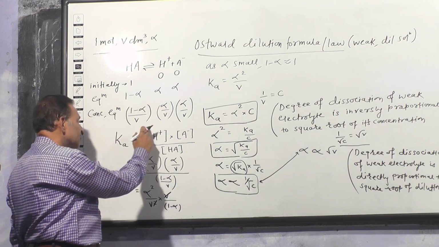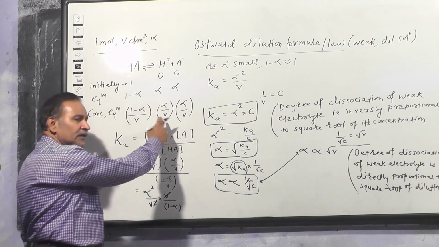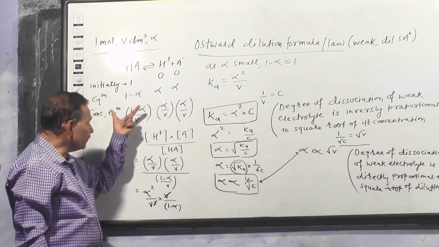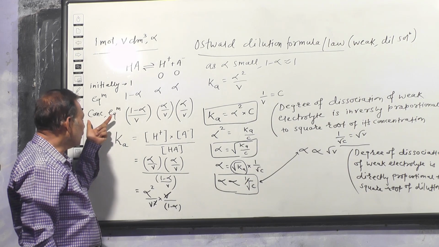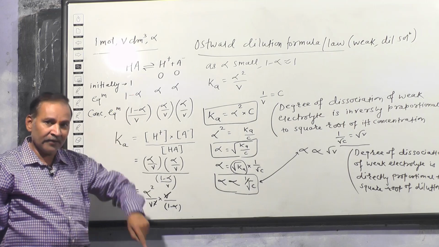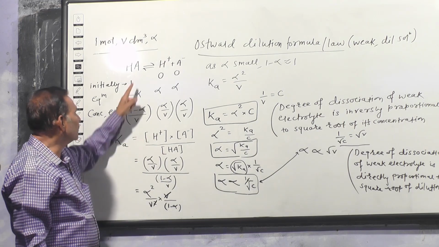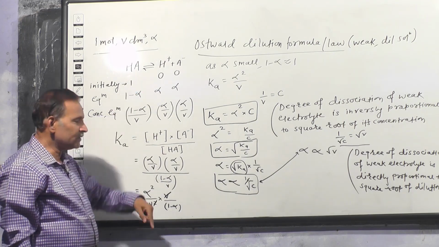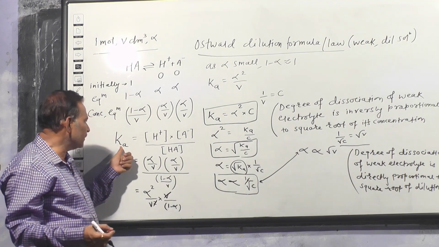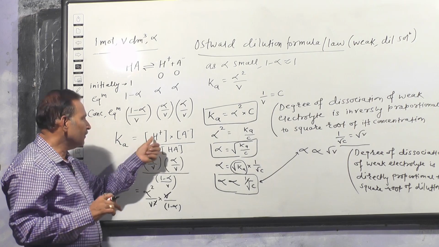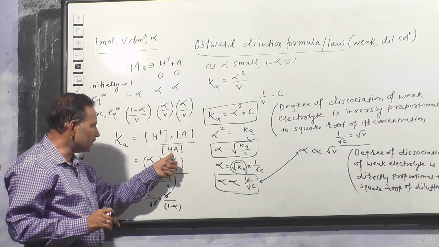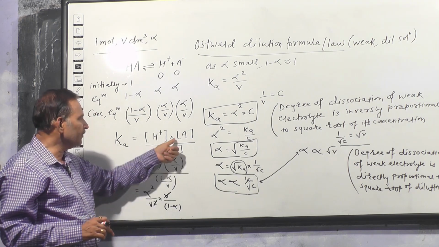So this is the concentration of reactant, this is the concentration of product, and this is the concentration of another product. Okay, so in this way we reach the concentration of reactants and products at the equilibrium stage, and hence we can apply the law of mass action to this reaction. Being an acid, we will denote that constant by K with a small suffix A indicating acid. This is the product of concentrations of products divided by concentration of reactants, and we get this form.